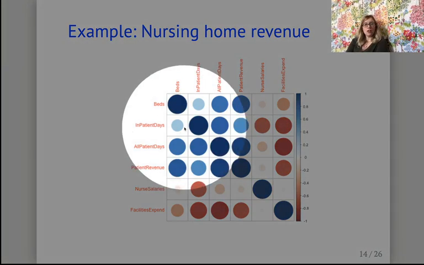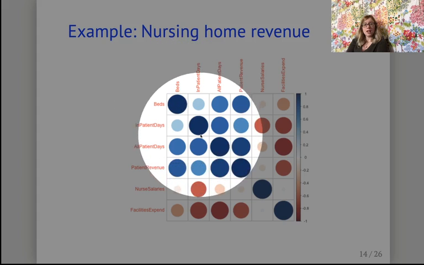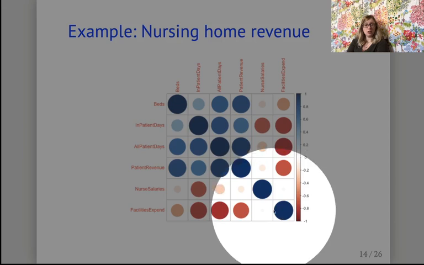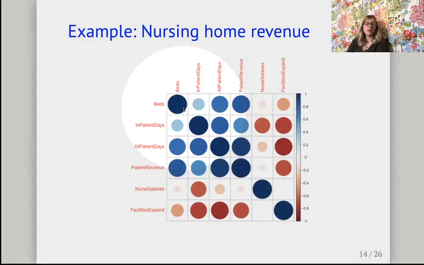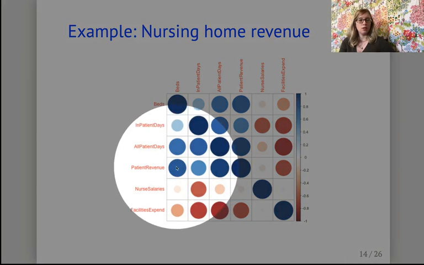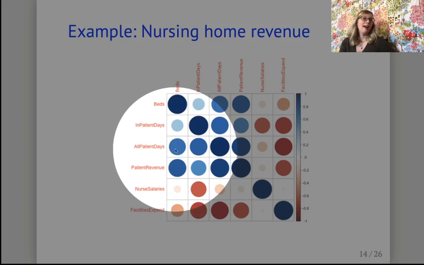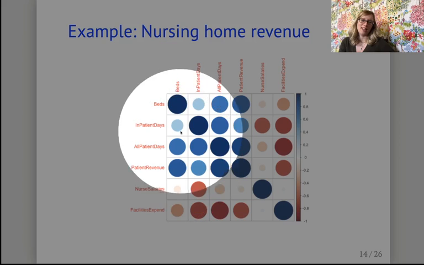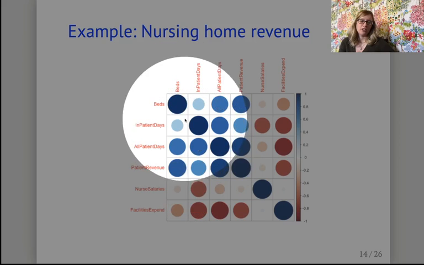On the diagonal of this plot, we see some very big dark blue circles. These are correlations of exactly 1, which makes sense because these diagonal elements are variables correlated to themselves. So beds should be perfectly correlated with beds. The bigger blue circles indicate strong correlation. So there is a very strong correlation between patient revenue and the number of beds. There's a pretty strong, but not as strong, correlation between patient days and the number of beds, patient days and